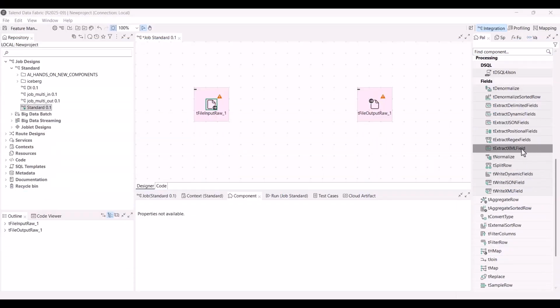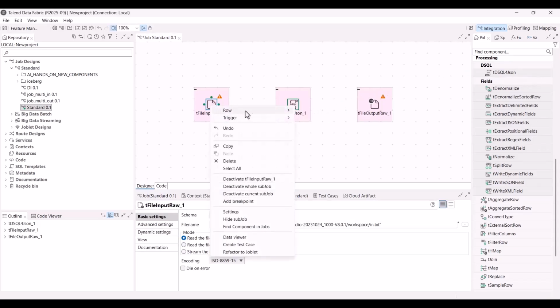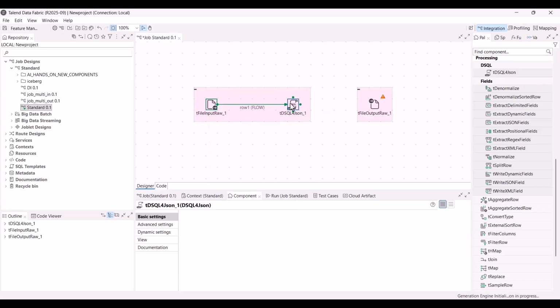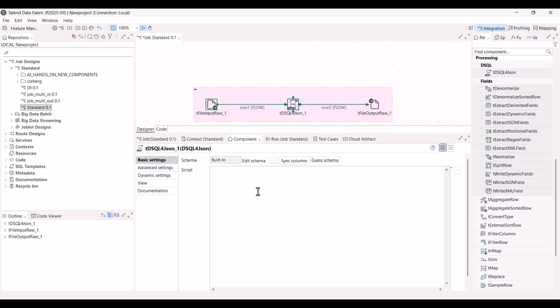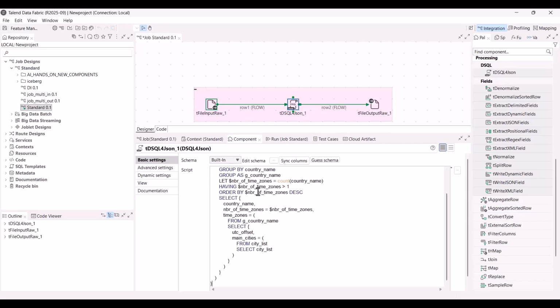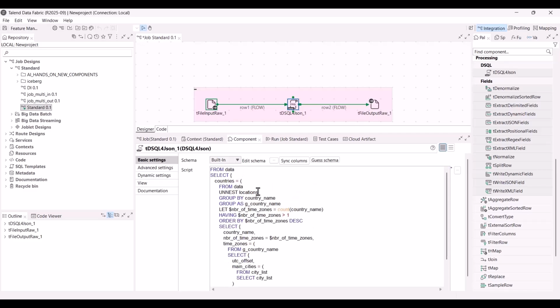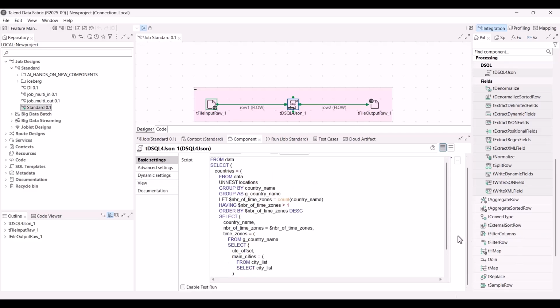In this release, a new component has been added to the processing family, DSQL4JSON. This new component is designed to transform JSON input data to JSON output data with the power of DSQL. Let's walk through a typical use case. In this example, we have data about time zones across the globe. Using the following DSQL script, we'll group countries with more than one time zone and list their main cities and